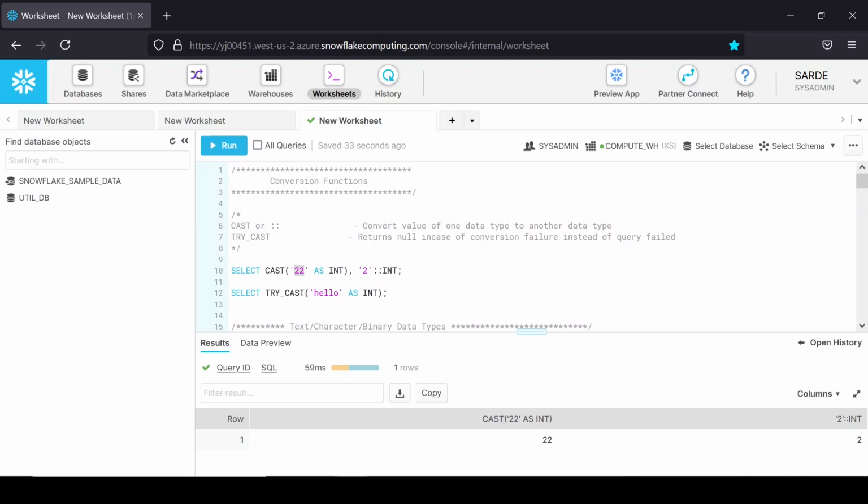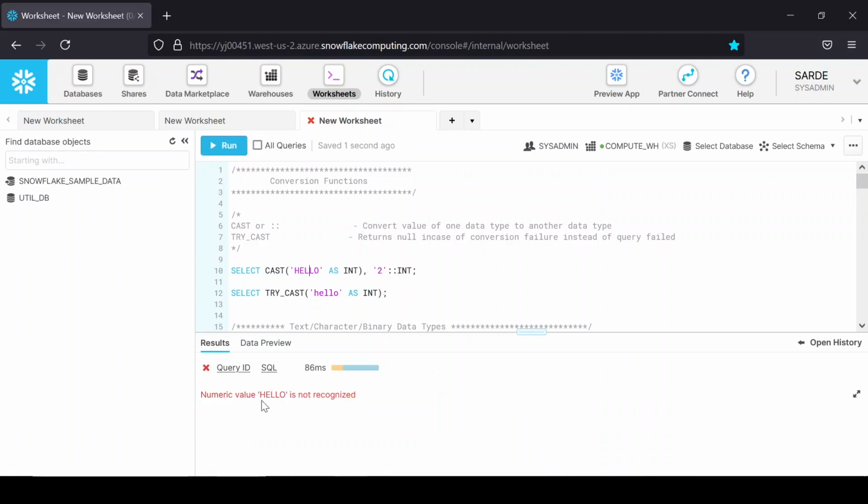Now, if I change this 22 to hello and run this again, we can see our query has failed and it says hello is not recognized, because we cannot convert this string into an integer. This is not a valid integer string value for this int conversion.